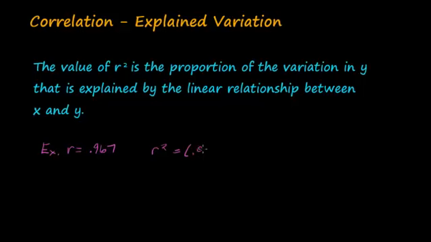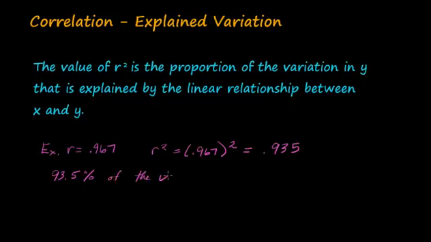Okay, so our r squared then would be 0.967 squared. The calculator will give this to you, but this is what it's doing. And that's 0.935. So, from this we would conclude that 93.5% of the variation in plant height, so let me write that, 93.5%